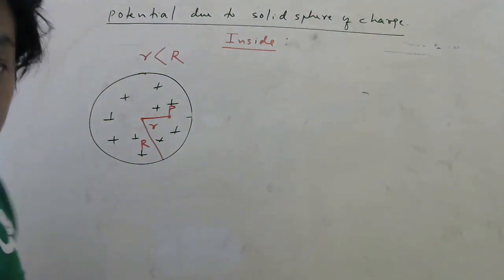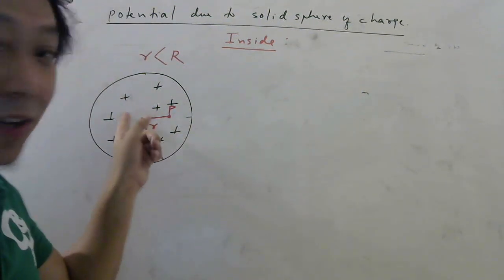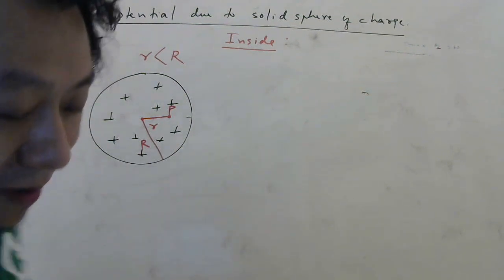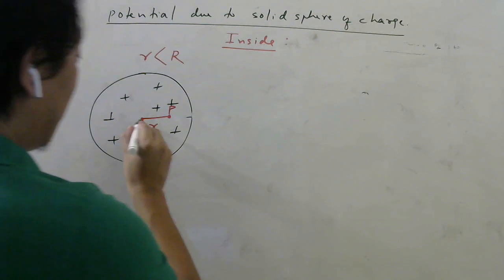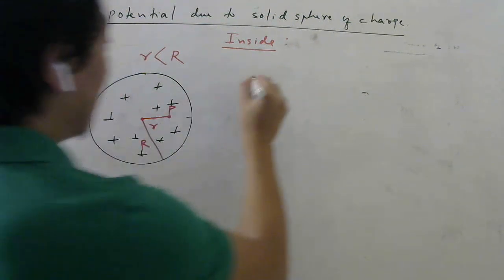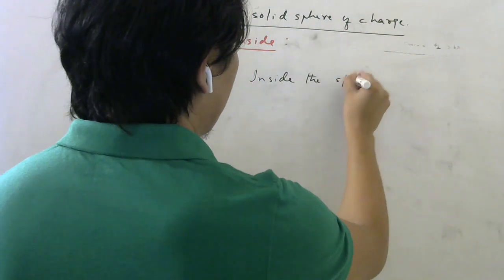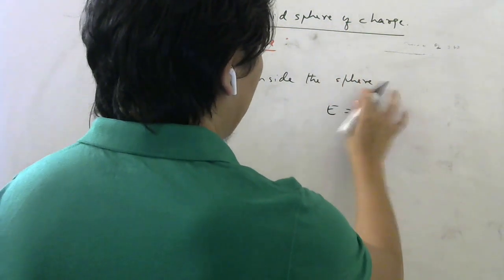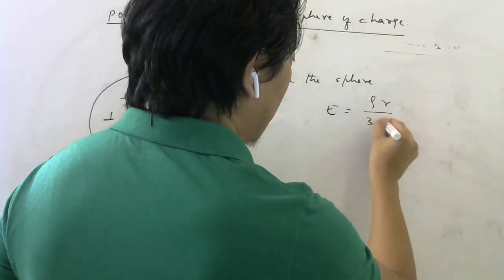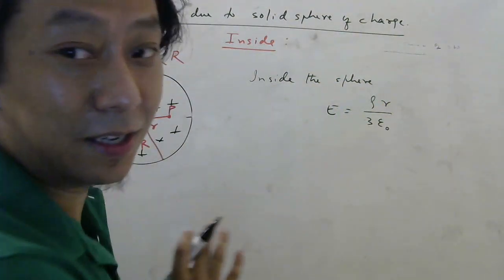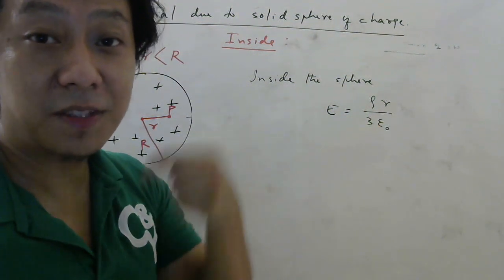Now, will this potential inside be constant like in the case of shell? No, because now electric field inside is not zero. So go back and try to think what was electric field at a distance small r inside. So inside the sphere, electric field formula, if you remember, okay, I will not derive again, it was rho r by 3 epsilon naught. So this was a very easy way to remember, I told. That's why I write in terms of rho. What is rho? Volume charge density.